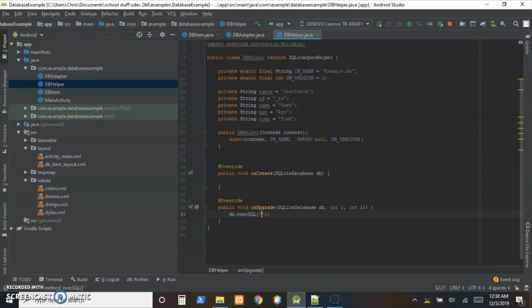So our query that we want to pass in if we've updated the database is, well, we want to drop table if exists, plus our table name. So when we update our app, a year or two after you make it, you might have some ideas to change things. You'll change the DB to version 2 of the database. And at that point, it'll drop the old table, and then we want to call the onCreate method and pass